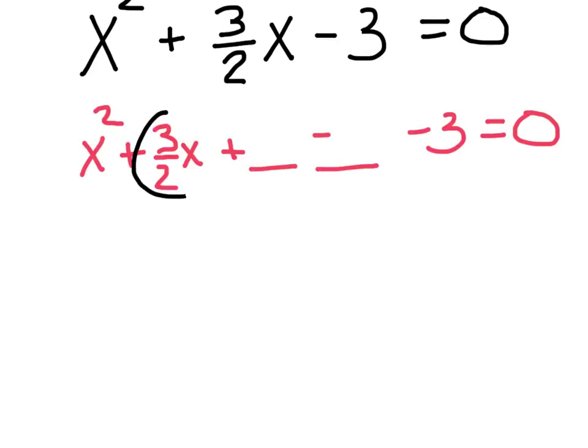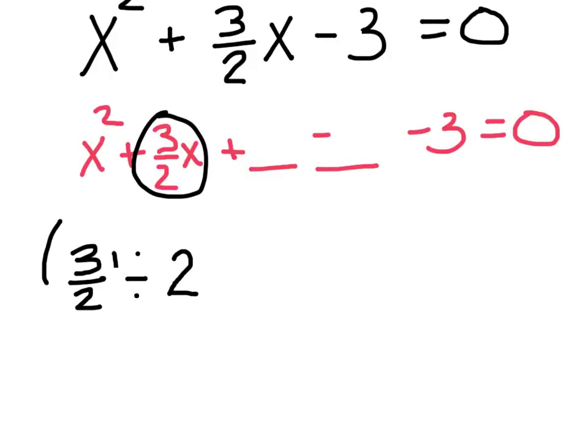You're taking this number with the x, so let's jot it down, 3/2, and you're still going to divide that by 2. You have to cut it in half. All right, so I suggest grab your calculator, put this in a fraction, 3 divided by 2, divided by 2. So I'm taking this 3/2 and cutting it in half, dividing it by 2. The only thing you can really screw up is not putting your fraction in parentheses on your calculator. All right, when I do that, I get